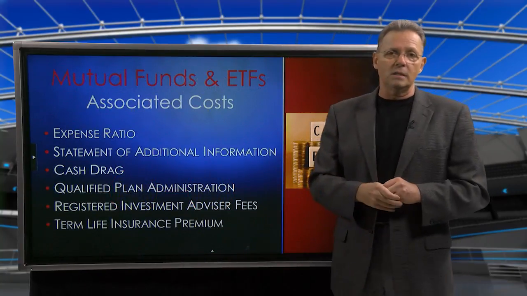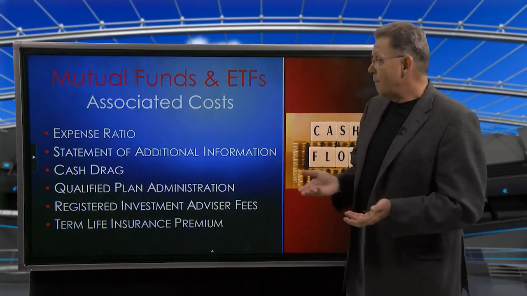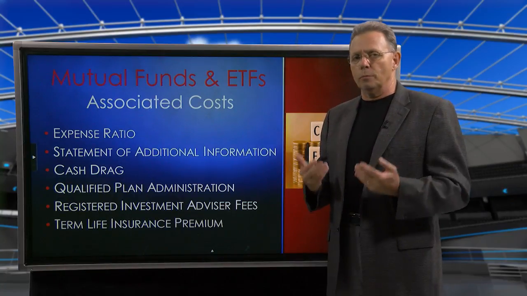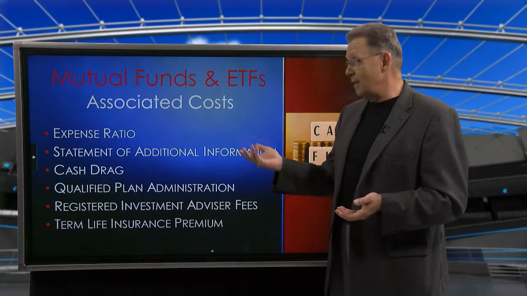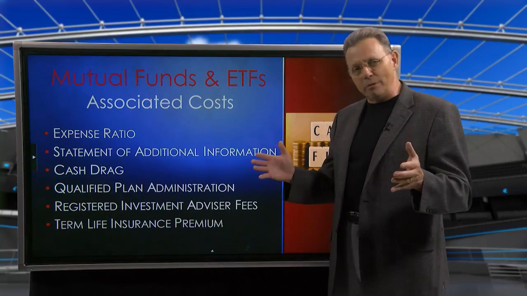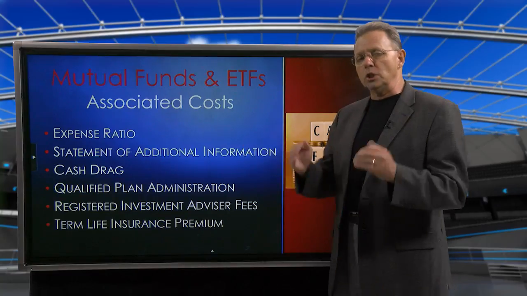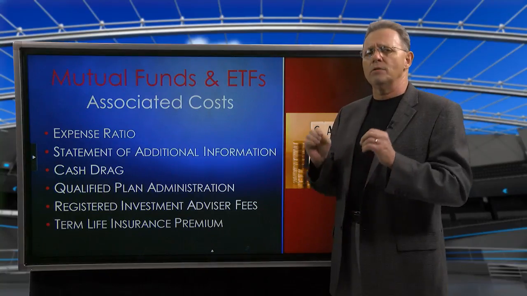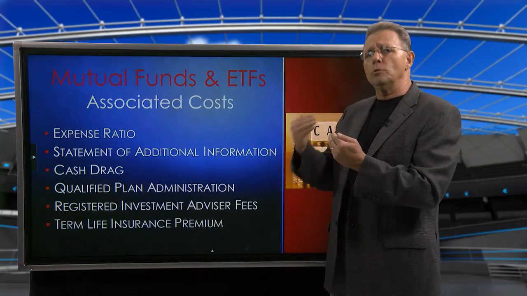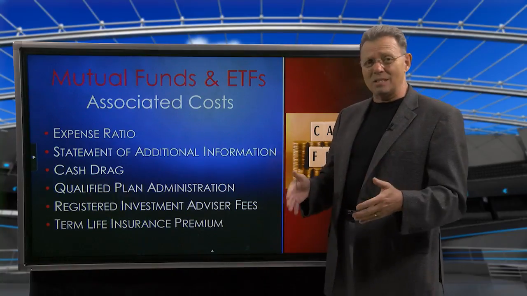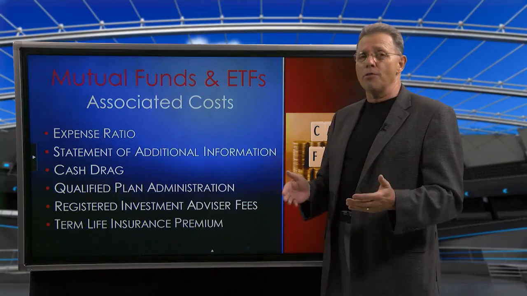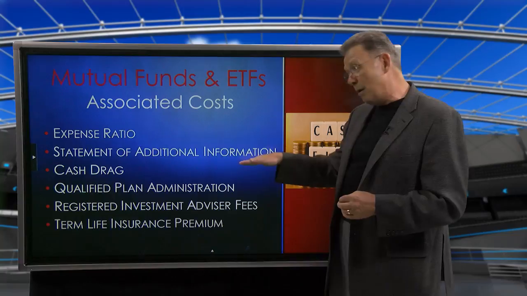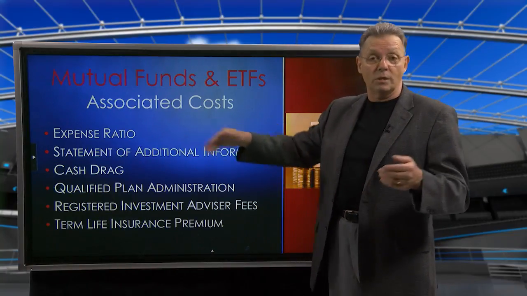Now, I just want to talk a little bit about this, and this is not negative. I have mutual funds and ETFs myself. But remember, the last time I looked, the average expense ratio for a mutual fund was about 80 basis points. I think it's 70 over at the ETF land. It's about average. And the statement of additional information, which is an extra sheet, it's not required in the prospectus, oddly enough. But you can find in the statement of additional information, were there any other charges against your mutual fund or ETFs? And the answer to that is yes. And the average that I've seen is somewhere around 130 to 140 basis points on the statement of additional information.